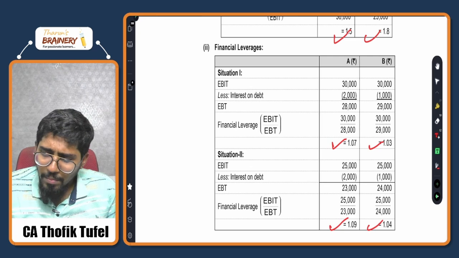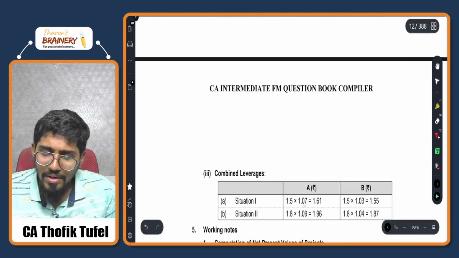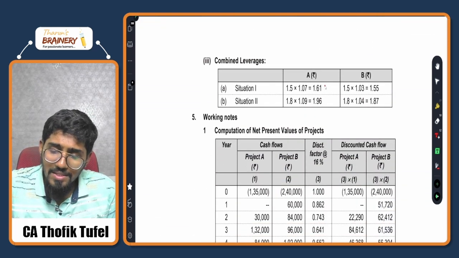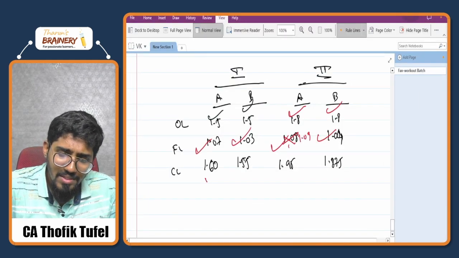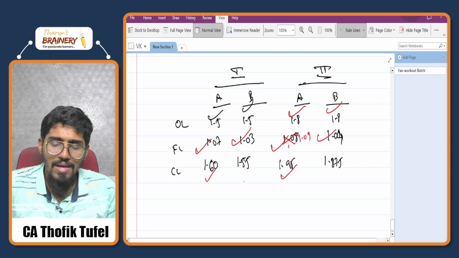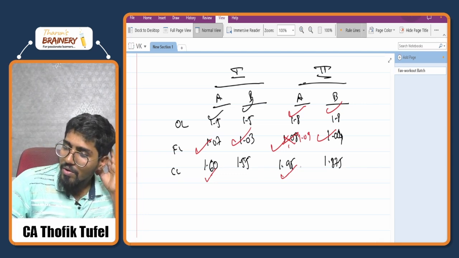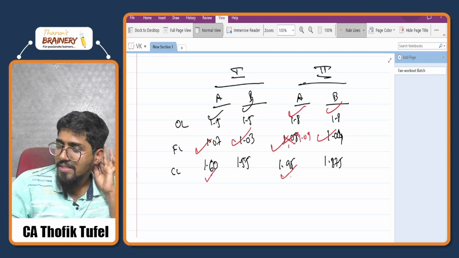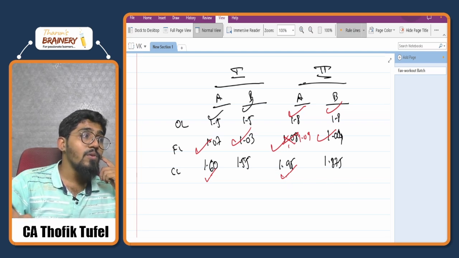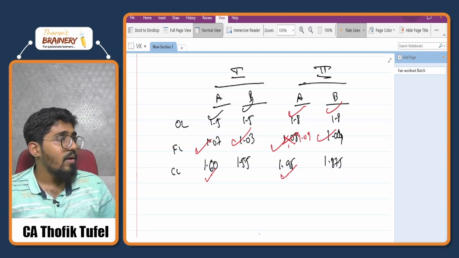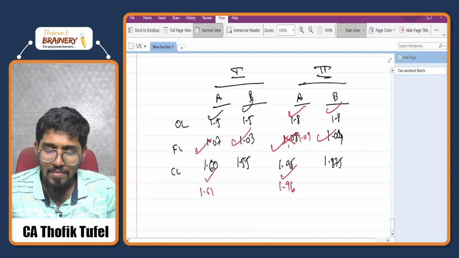Now 1.04, 1.04. Super. Now combined leverage. In the same way they are calculating combined leverage. 1.61 and situation 1, 1.61, 1.96. Actually it is 61 and it is 96. Again rounding off. You are not putting it properly. Either it should be 61 and it should be 96. After 60, something like 6 or 7 would have come. So be careful with rounding off. You should not make this mistake. 1.61, 1.96. Okay, next.